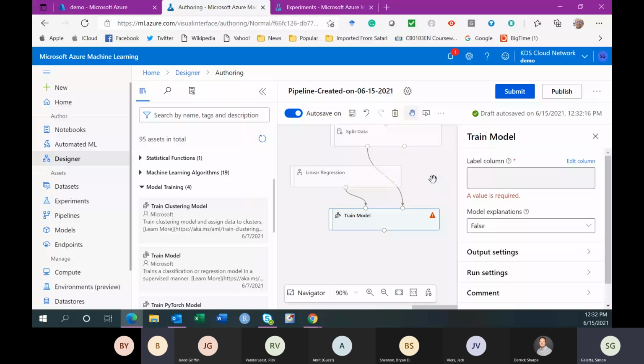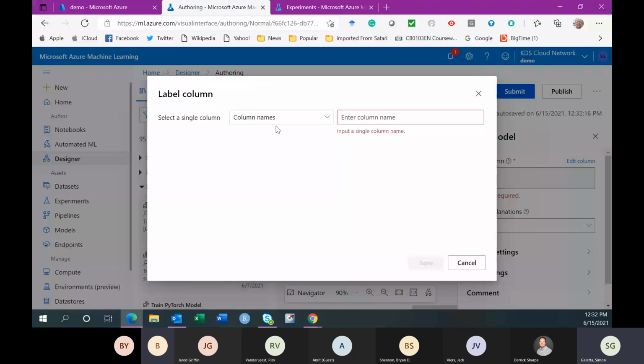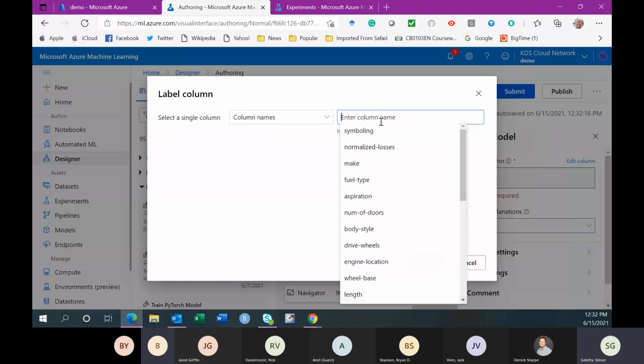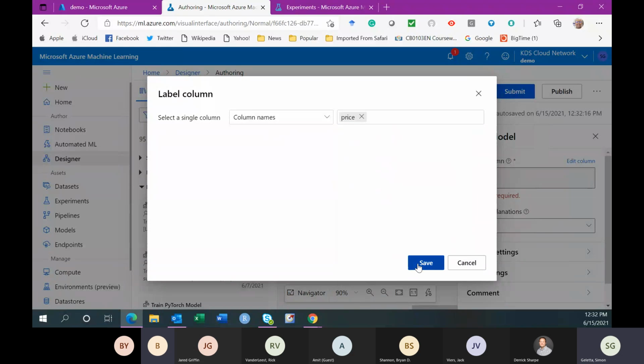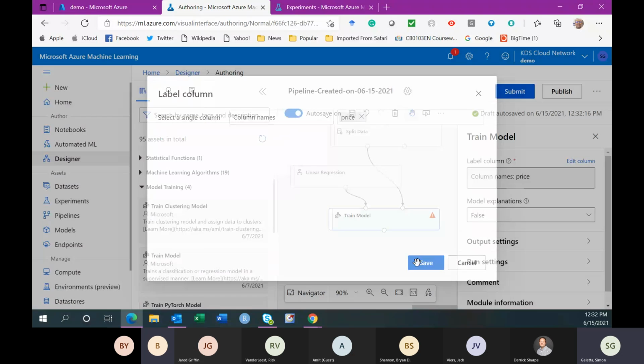But now we need to define the model. It will require a dependent variable, a label variable. So I have to define the label. What do I want to use for the label? Select column names, and my label variable is price. Okay, so that completes this.